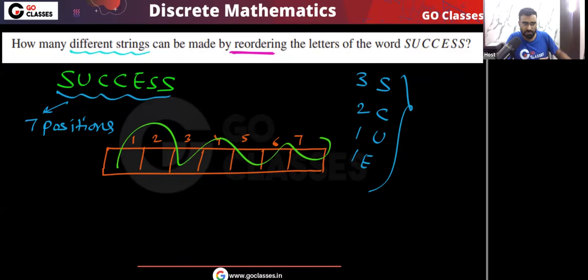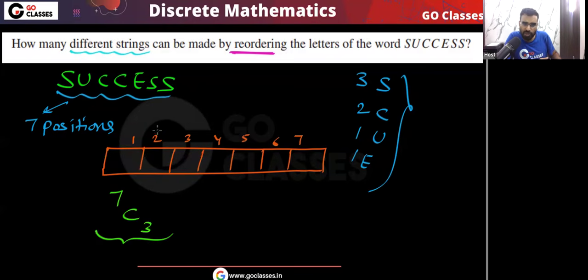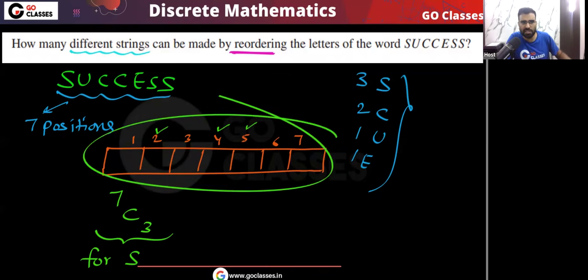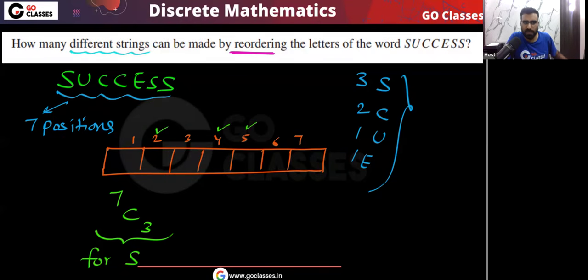So from these 7 positions, I will choose 3 positions. Let's assume I am choosing these 3 positions, for S, because there are 3 copies of S. Now tell me, once I choose 3 positions, how many ways are there to put S?